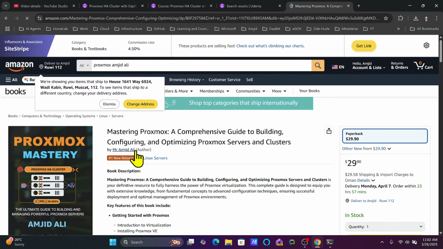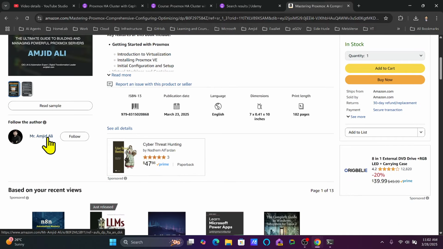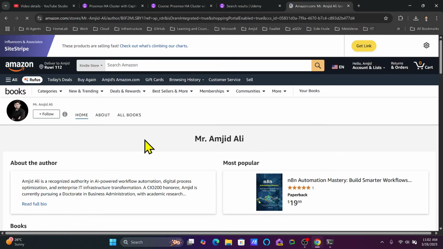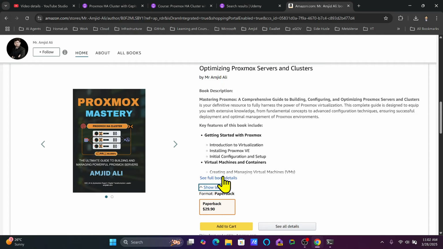The reason for having a book is because sometimes once the video is published, it's very difficult to go back and change that video and add additional information. But a book will cover each and every aspect of it. I have added more books also, but this particular book consists of all the details that I feel one should have if you want to learn Proxmox with the help of a book as well.